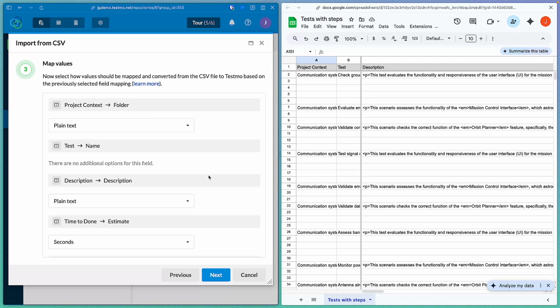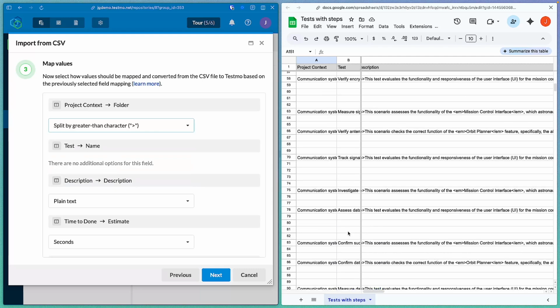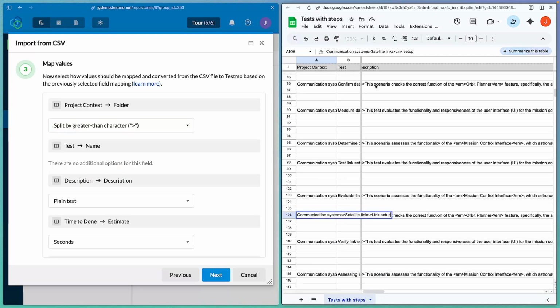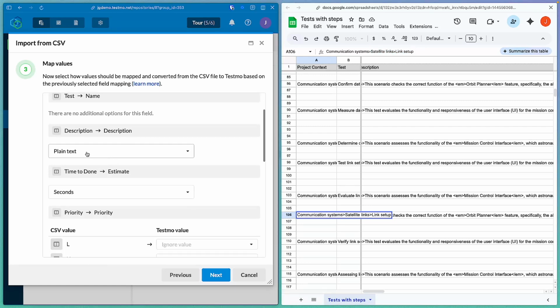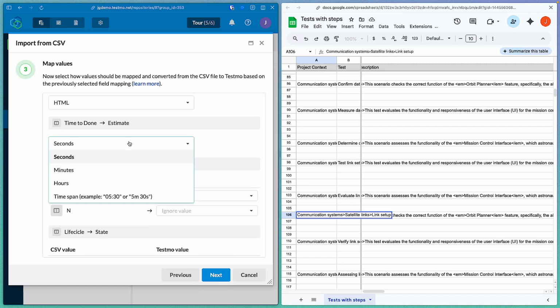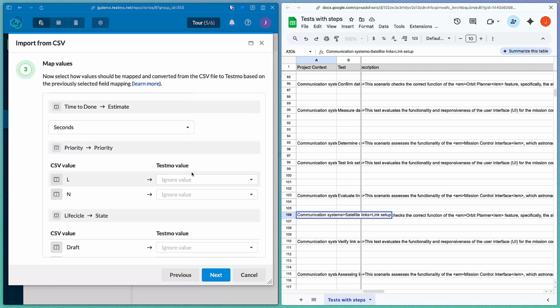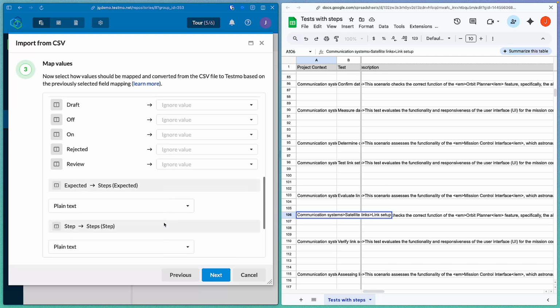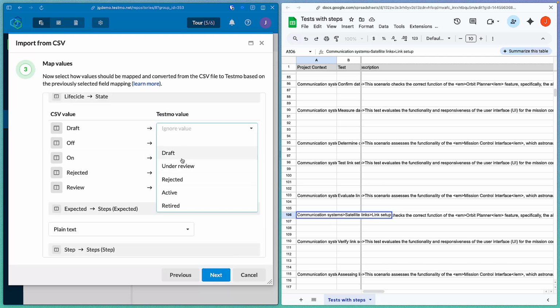Let's go next and choose what type of data each column has. For the folder, we have the same greater than character here. As you can see, this is a 3-folder path. The description is in HTML. The time is in seconds. For priority, the L is low and the N is normal. Let's match the state